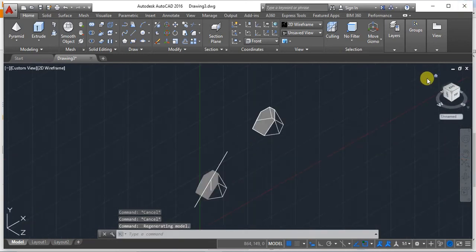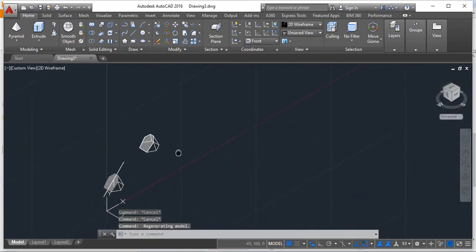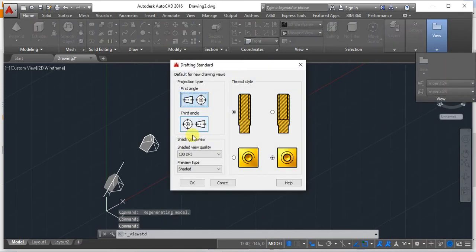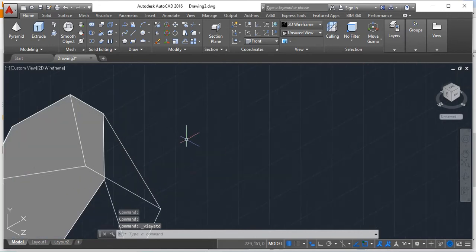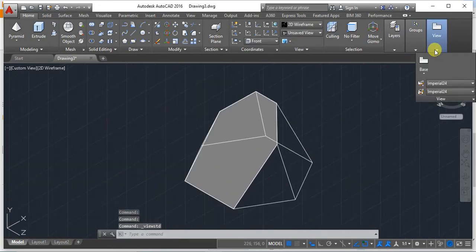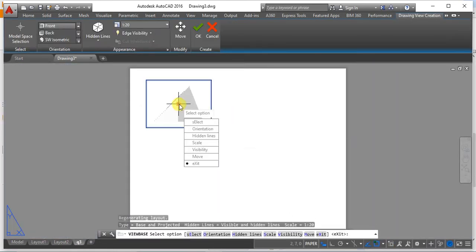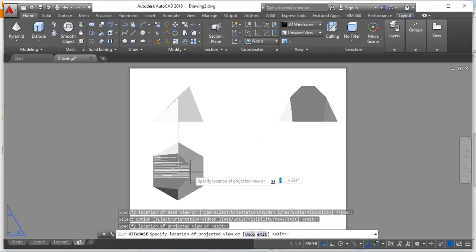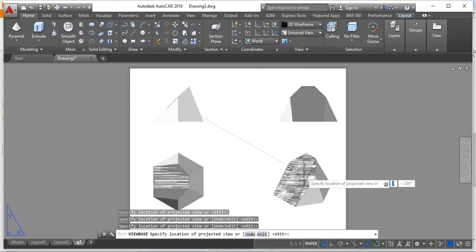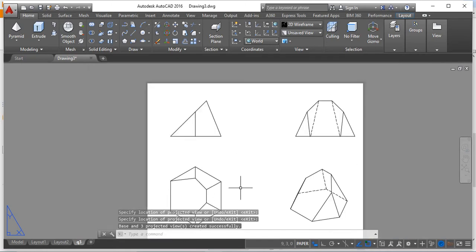So this is a kind of repetition of the same thing, just using the standard command to ensure that it is in first angle projection. This object should be made as a layout. Question number 3: front view, left side view, top view, and isometric. This is how it looks.